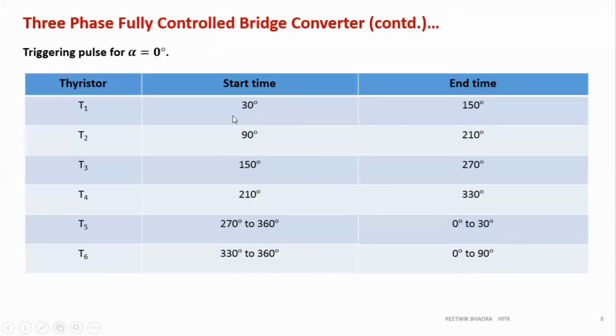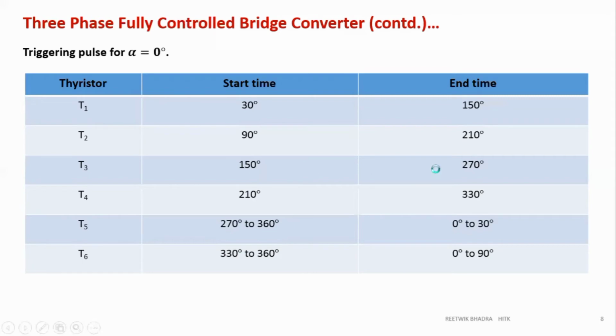Now as soon as T1 ends, you will see that T3 starts. See 150. It's very easy to draw. You link up all the steps, it will be very easy to draw. So after T1, T3 should start. Then only all the degrees which you have written over here are correct. Otherwise, you have to go through it again. So see, this is 150, this is 150. That is correct for me. So I can understand whatever table I have formed is correct.